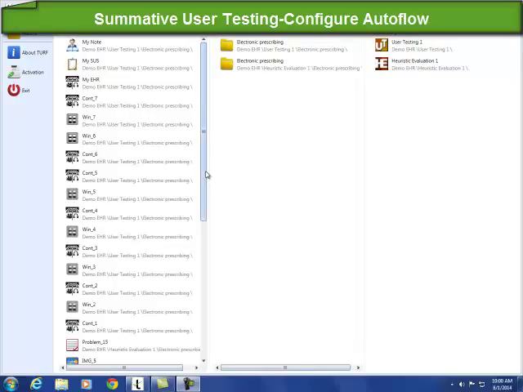In this segment, we will demonstrate how to use Autoflow within Turf. Autoflow allows the moderator to automate user testing sessions in a step-by-step fashion. The moderator can predefine actions, including displaying files, displaying videos, capturing images, filling in all sorts of forms. You will be able to run an Autoflow session, and Turf will follow the default configuration and process the actions